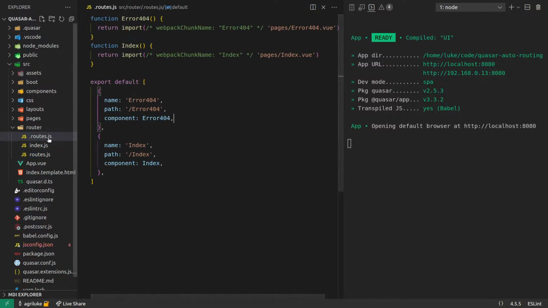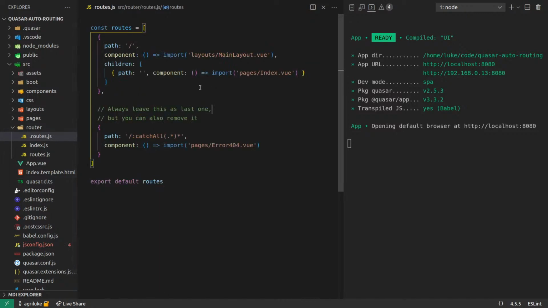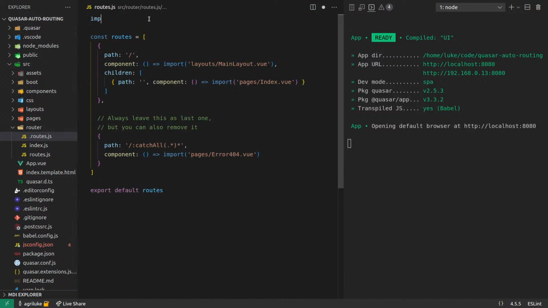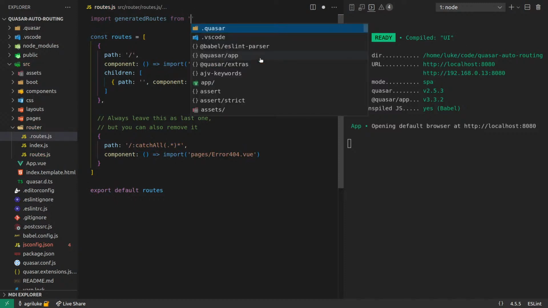And I might change where this file sits. I'm not sure that's the best place for it. I think it kind of makes sense, but I'll talk to some guys on the team and see what they think. So now I can say import here, and we'll just call this generatedRoutes. I'll have to create docs for this, of course. And that's going to come from